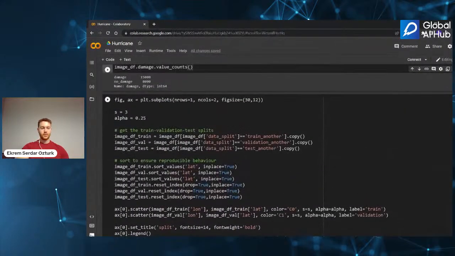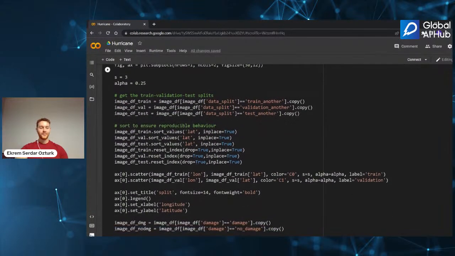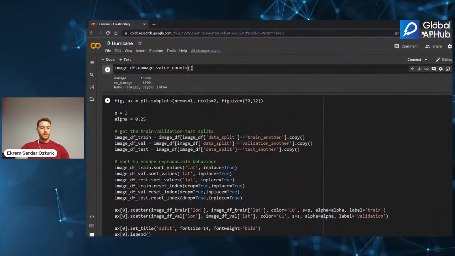What we do here is first create a figure, and we create a subplot. If you don't know this, please take the data visualization course, you should already know it. We create different data frames by splitting the train, validation, and test data sets. How do we do it?